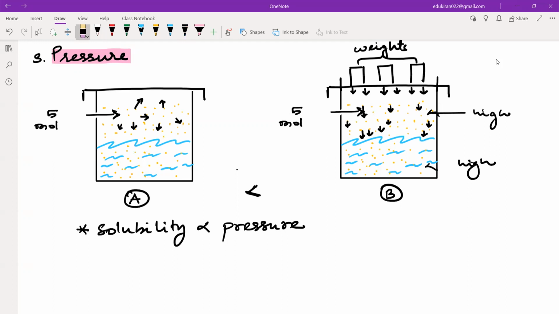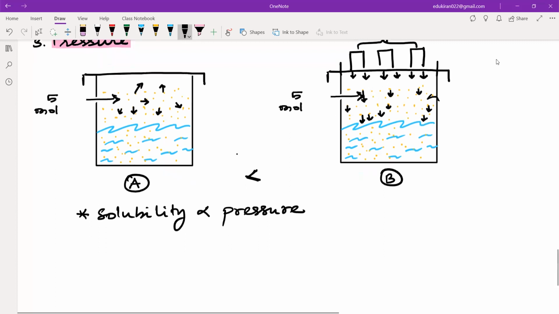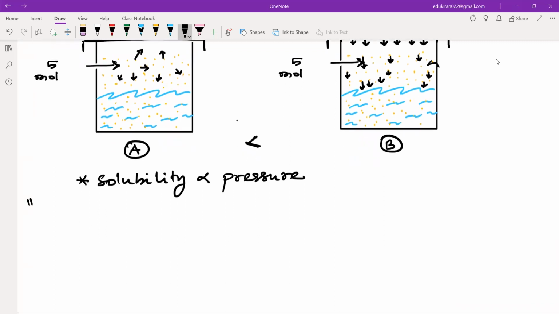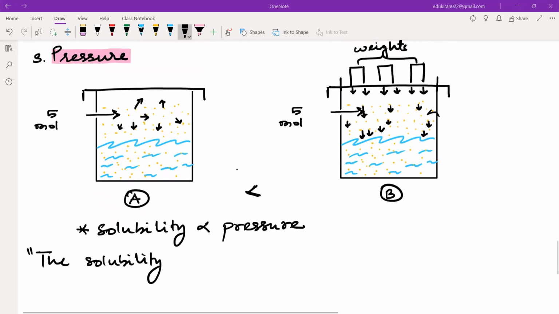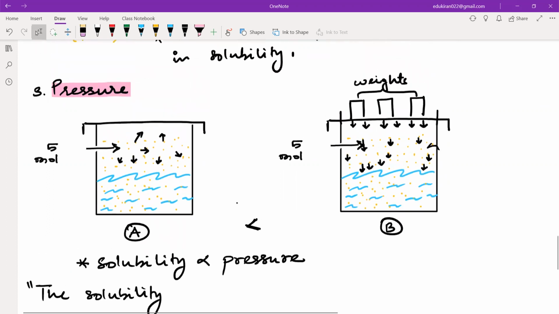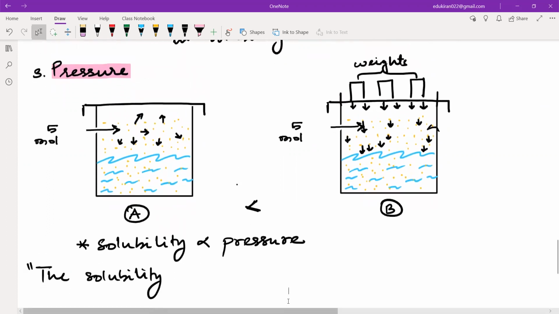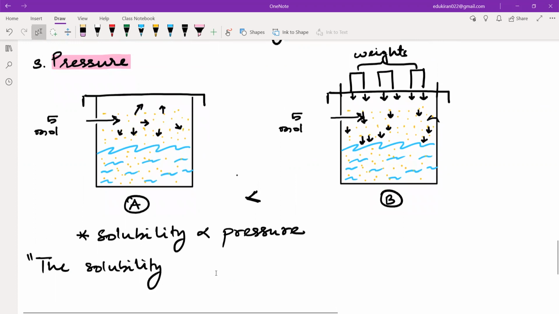ठीक है, उसको बाद में देखेंगे. First of all, you don't have to write or draw this diagram. ठीक है? Just need to write the point that solubility is directly proportional to pressure. And next, the statement that you have to write is the solubility of a gas. If you want to draw, take a screenshot and leave some space. खुद से draw कर सकते हैं इसको, है ना? I have not drawn anything. Biology में जरूरत होती है ऐसे drawings में, because it has got labels, right? यहाँ पे तो उतना कुछ label भी नहीं है.